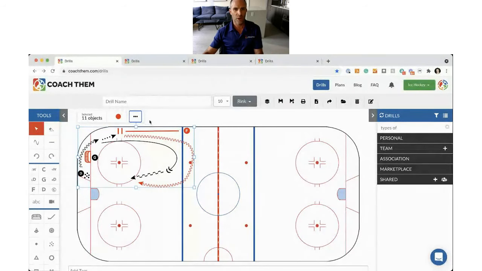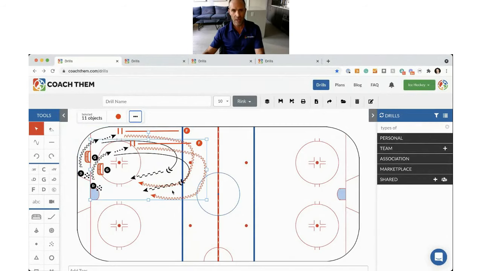So let's go and use the quick key commands. So if I click on Command C and I click Command V, it creates a brand new drill, the same drill, carbon copy. So now just remember, when you're dragging that drill over, make sure that that mouse is over where the glove is. Because if you accidentally click or drag it, well, it's going to unselect. And a couple of things you could do is you could do the undo, and you could click on the Command Z, which is in the brackets there. You could see that you would be able to undo it.